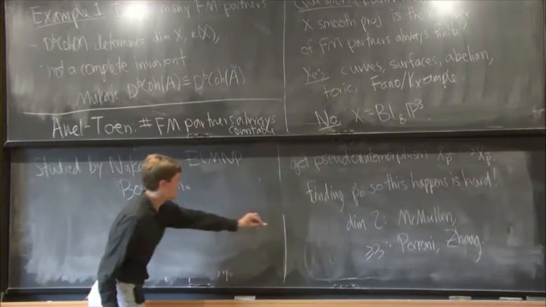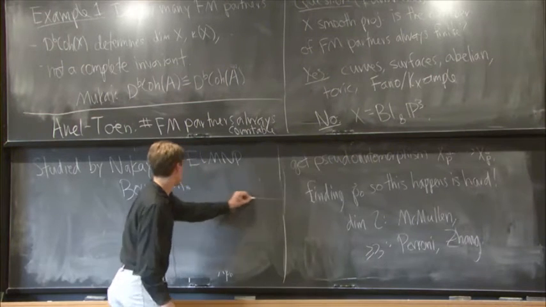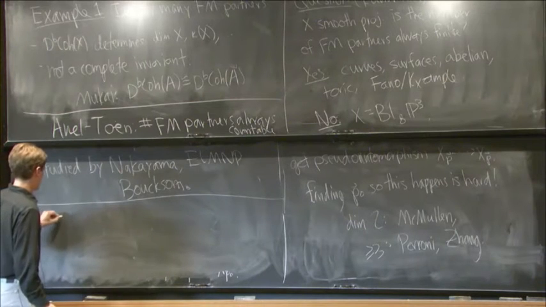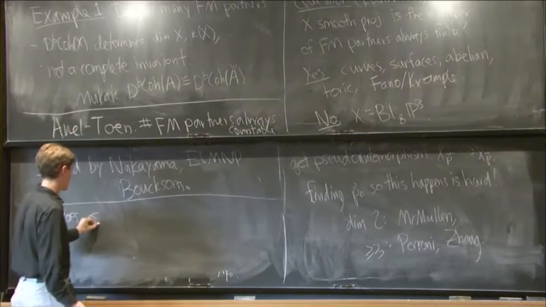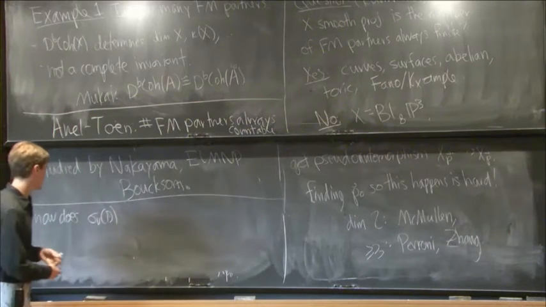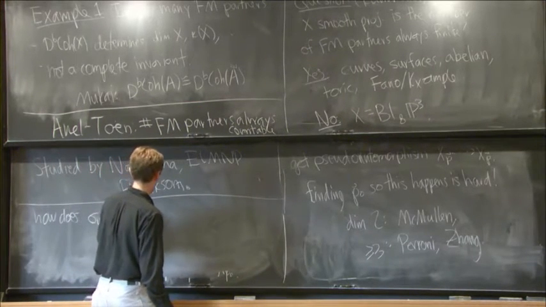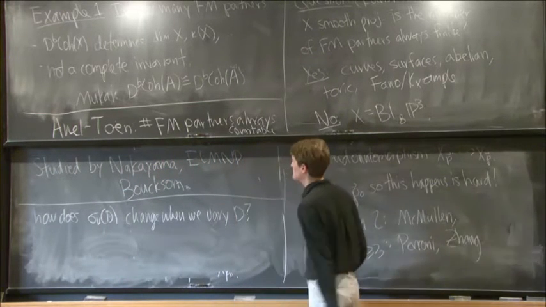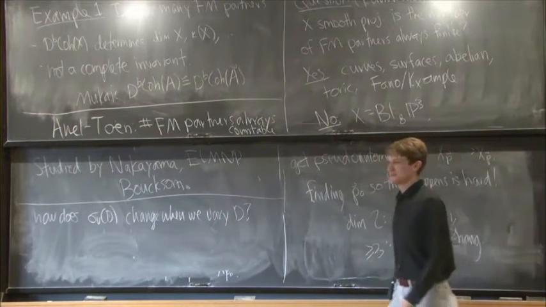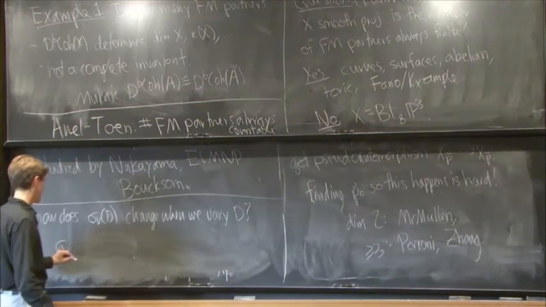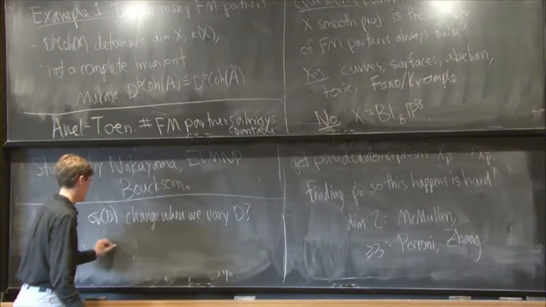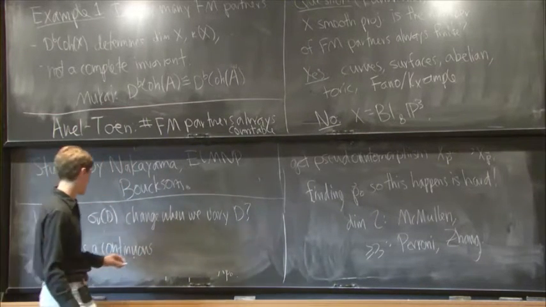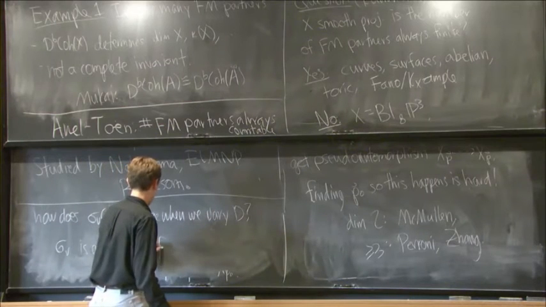OK, so the general question I want to address is, how does this invariant sigma_V change as you change the divisor D? If this is going to be a useful invariant, we might hope that it varies well with D. And the answer is it varies very well. So in fact, sigma_V is a continuous function on the big cone. Everything I'm saying now was proved by probably all of these people in the papers about it.